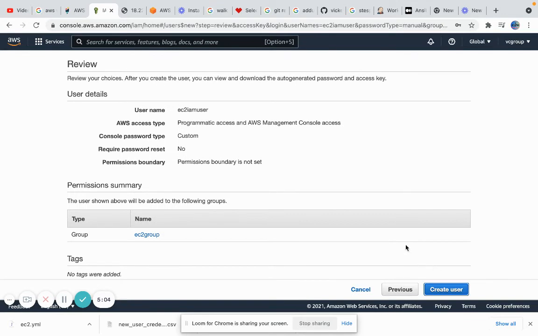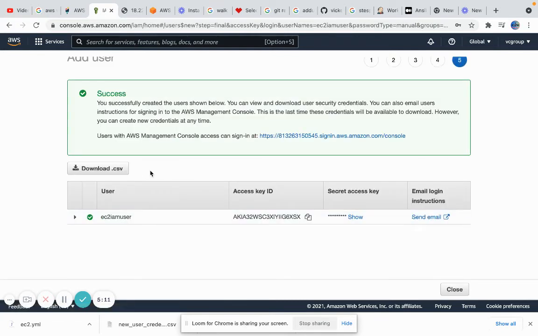And let's create the user. This is just a review, and create the user. You will be given this credentials file with the access key and secret key. At the same time, you can log in from the console.